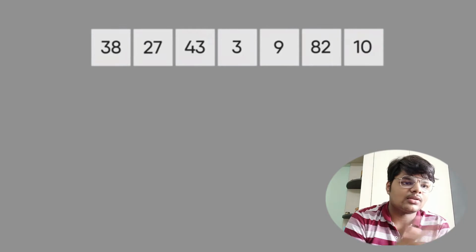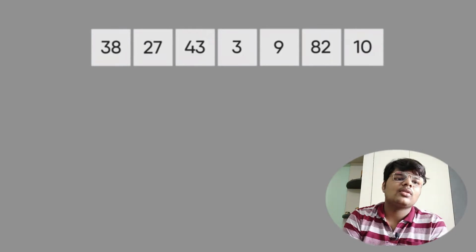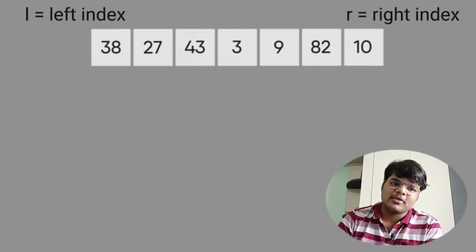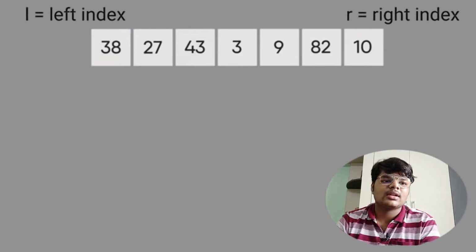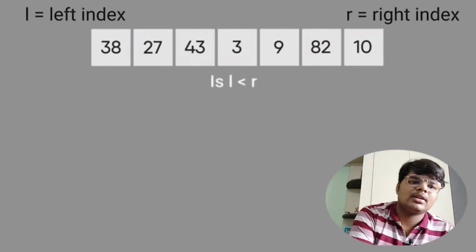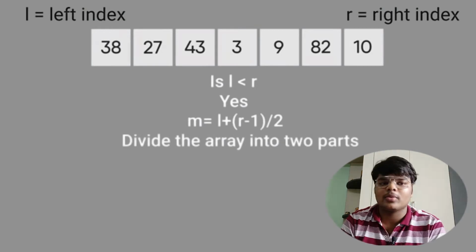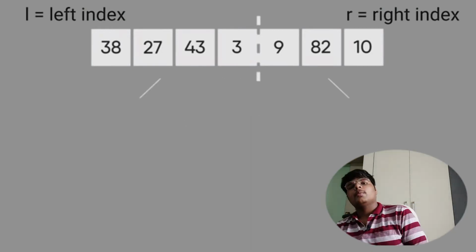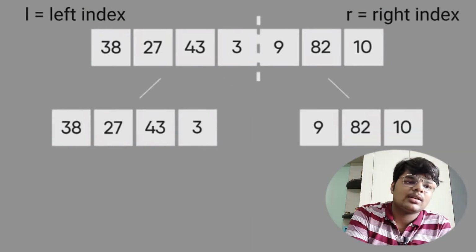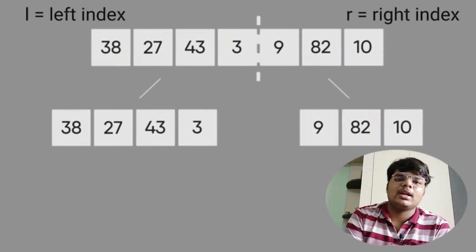So let's start. Let us consider an array with 7 elements: 38, 27, 43, 3, 9, 82 and 10. Now take two variables L and R, left and right, which denote the left index and right index of the array. Now compare L and R. If the left index is less than the right index, then divide the array into two parts. On dividing, one part of the array becomes 38, 27, 43 and 3, and the second part becomes 9,